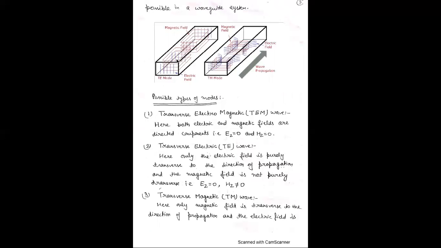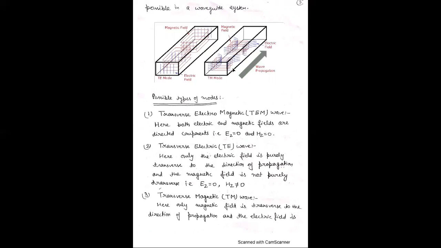Ex, Hx along the x-axis and Ey, Hy along the y-axis. Here, the red lines represent the magnetic field and the blue lines represent the electric field. This is the TE mode, meaning the electric field is purely transverse to the direction of propagation. This is the direction of propagation. Therefore, this is the TE mode.